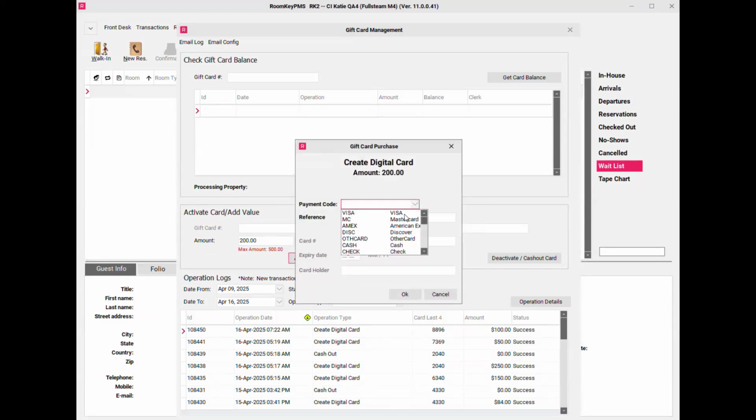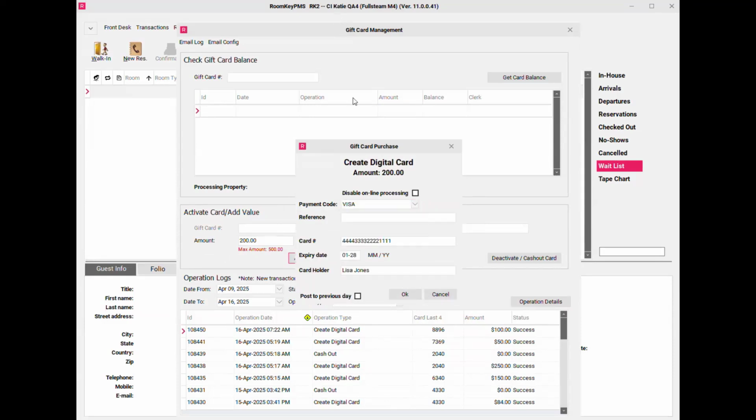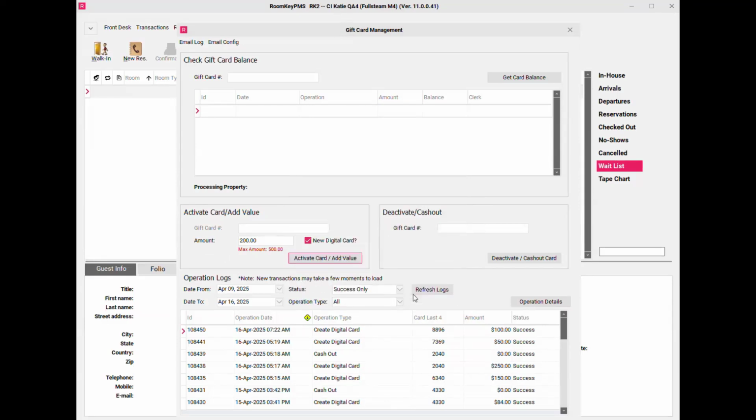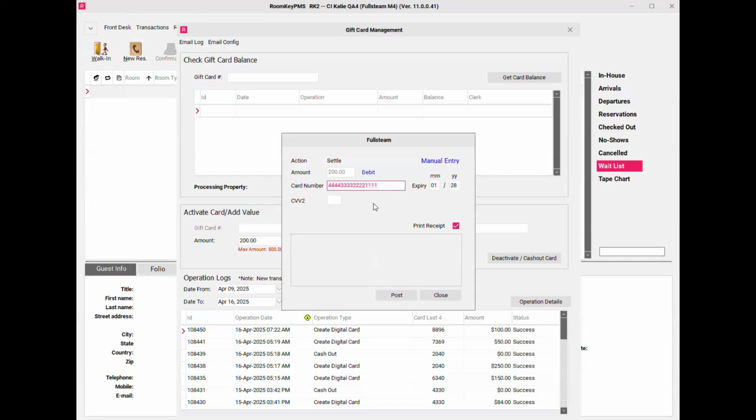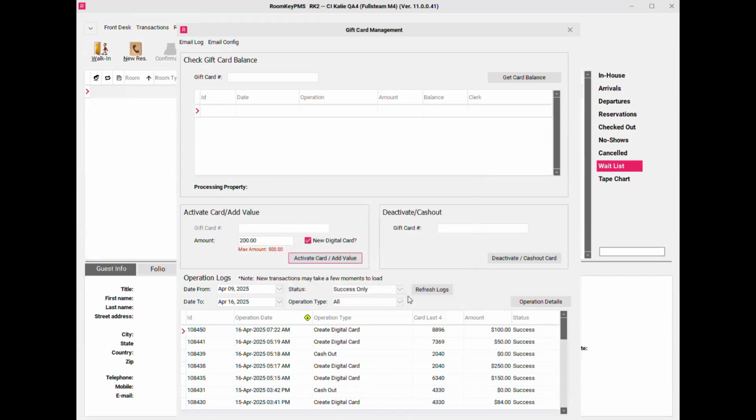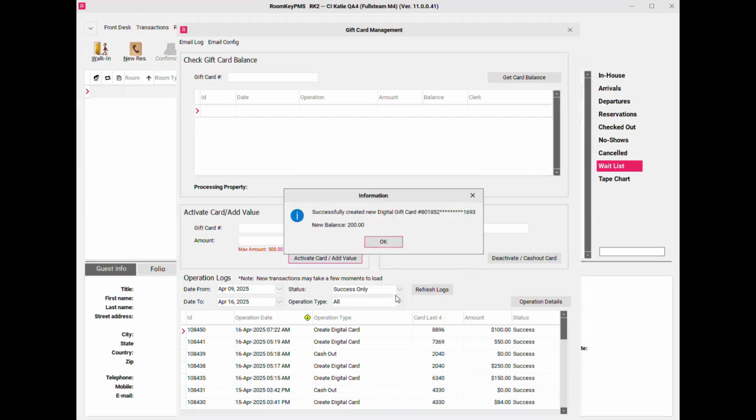And in this example, I'm going to use a Visa credit card in order to process payment for that activation. So let me just enter in some credit card details here and click OK. Because I'm using a credit card as payment, it's going to show me my full Steam payment processor for that credit card payment. I'll click OK, and I'll wait for that approval message. So I know that payment went through, and now I can see that I have a new balance on a